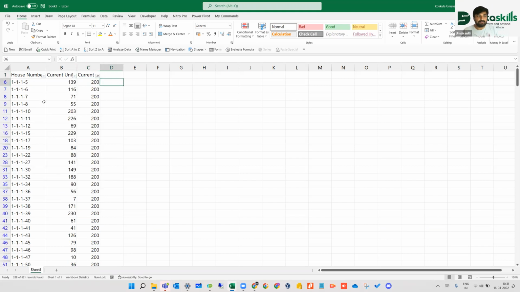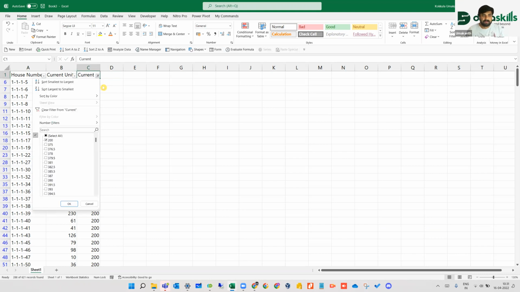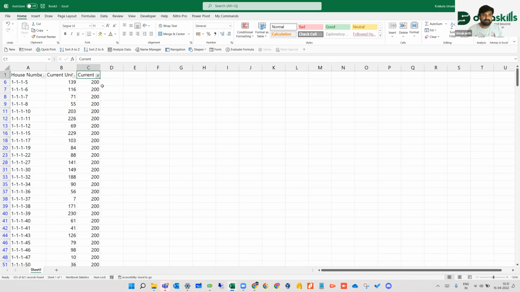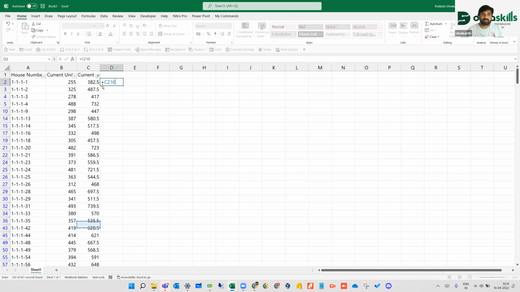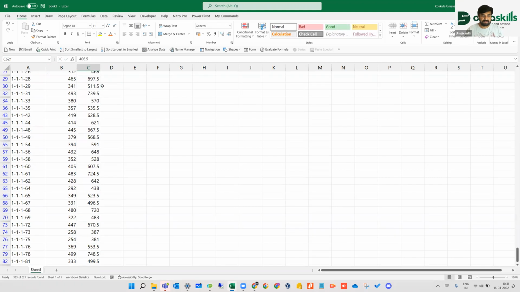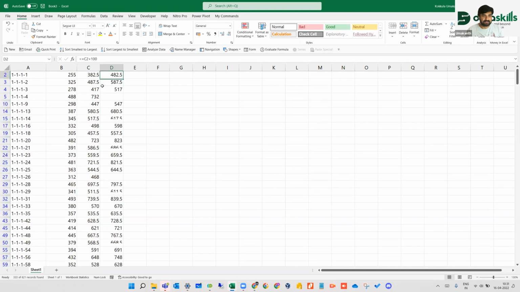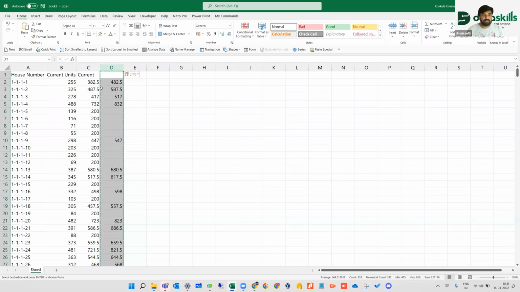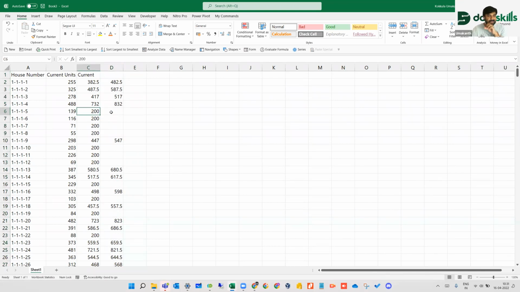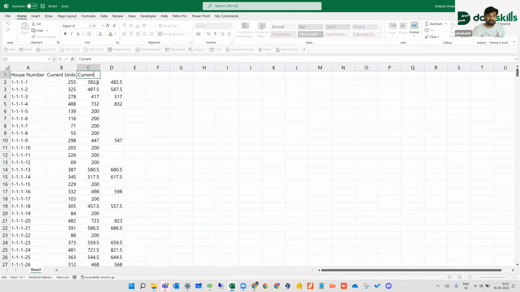Now, for all the house numbers which are having 200 current bill, I do not have any change, but for the rest of the people, I need to add 100 rupees extra. There is a surcharge of 100 rupees extra. Now I just don't want it to disturb this 200. Okay, I know I can select the blanks and fill it, but I don't want it to disturb this 200. Instead, I wanted to replace this current bill, which is